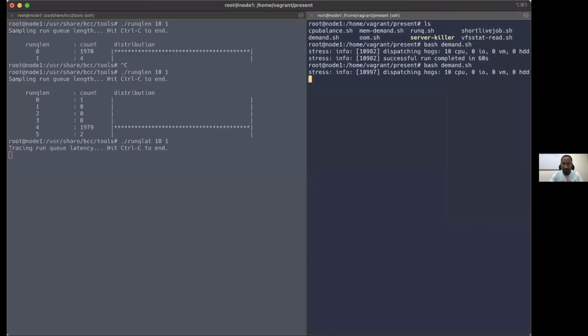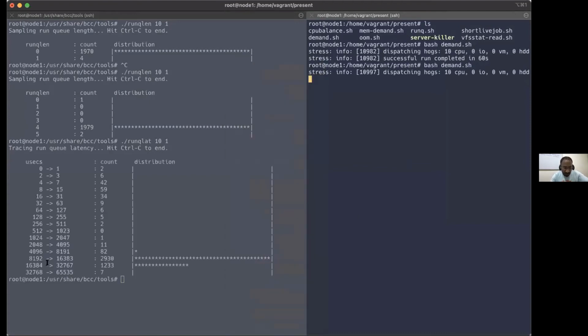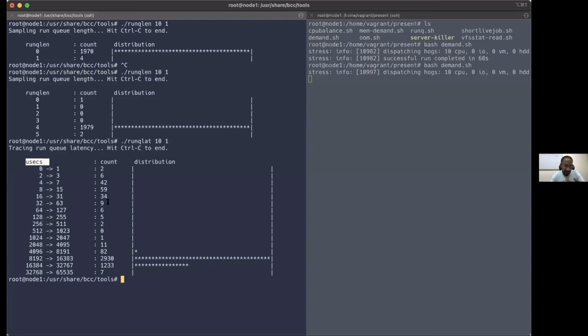Let's create this stress. So you see, this is in microseconds. If you need, you can also use -m. Maybe I will use -m.